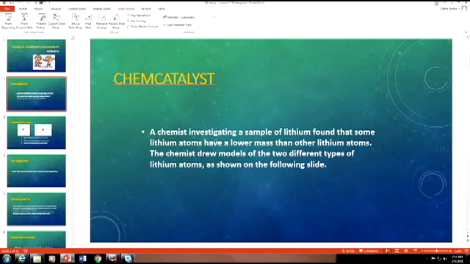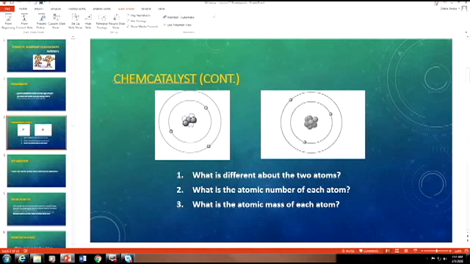The chem catalyst, or the starter for this lesson, is about a chemist who investigates a sample of lithium, and he found that some of the lithium atoms have a lower mass than other lithium atoms. The chemist drew models of the two different types of lithium atoms as shown on the following slide. So when you look at the two atoms, we've got the lithium atom on the left, and on the right is